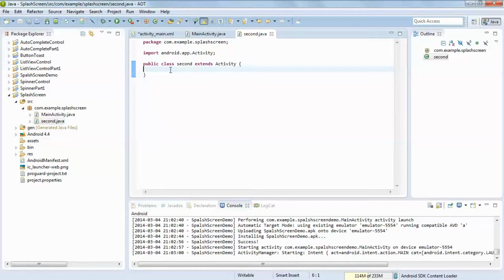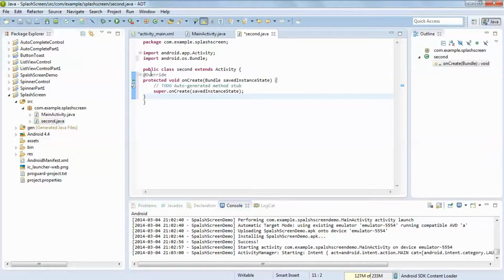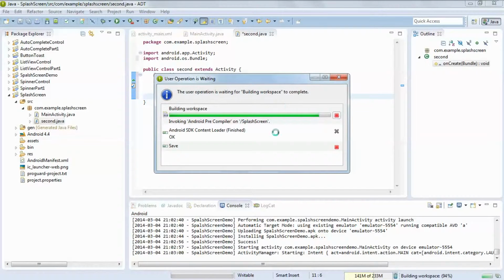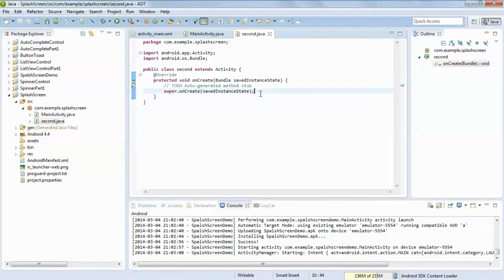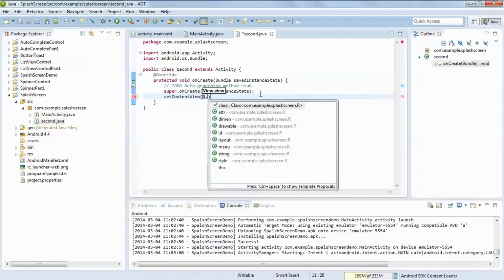So in that case you have to write the onCreate method. So in that you have to mention setContentView. It is building a workspace, so it is taking time. So here you have to set content view, R dot layout dot